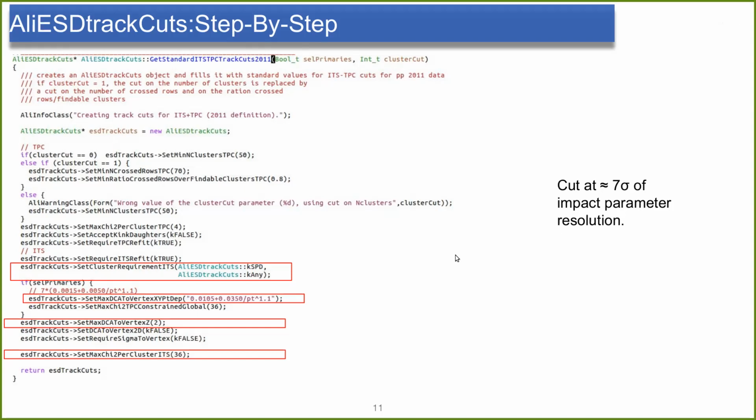That is why we have two different kinds of cut sets known as 2010 and 2011, because of the different resolution in these two runs. So we basically used a pT-dependent DCA XY cut, which I showed here. This cut is basically a 7 sigma cut on the impact parameter resolution. And we also put a cut on the z direction of the impact parameter of some 2 centimeters, and also a chi-square cut of the ITS, meaning when we use the ITS points for the fitting or the Kalman algorithm for the track